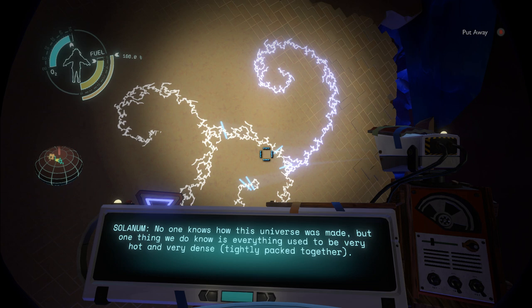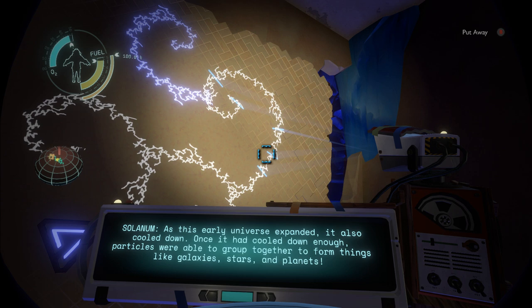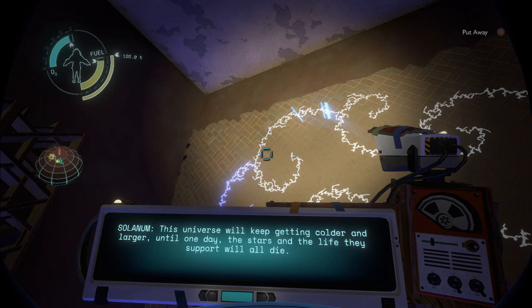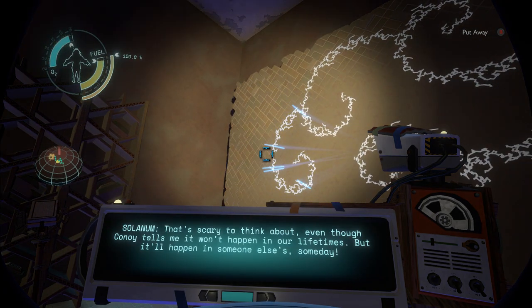No one knows how this universe was made, but one thing we do know is that everything used to be very, very hot and very dense, tightly packed together. As this early universe expanded, it also cooled down. Once it had cooled down enough, particles were able to group together and form things like galaxies, stars, and planets. Since then, space has continued to expand at a faster and faster rate, which is hard to think about for too long without your brain hurting. This universe will keep getting colder and larger until one day the stars and all life they support will all die. That's scary to think about, even though Konoe tells me it won't happen in our lifetimes, but it'll happen in